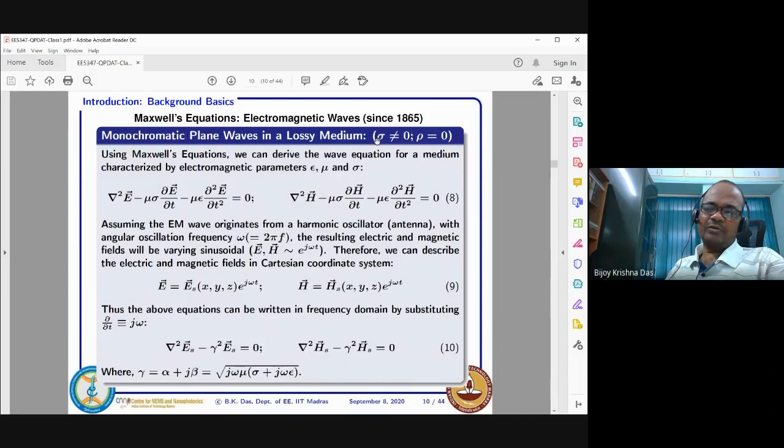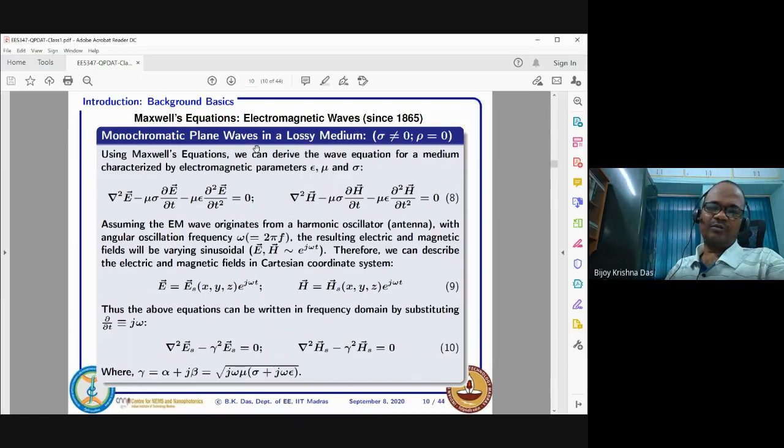And then now if sigma not equal to 0, of course we can consider still it is a neutral material medium, rho equal to 0. Though conductivity is there, some free carriers will be there, they can carry current, but as a whole material, any locally space dependent charge density is 0, neutral. So in that case, we will find that the Maxwell's equation give rise to some solutions which propagate, but attenuate as well. So how is that coming?